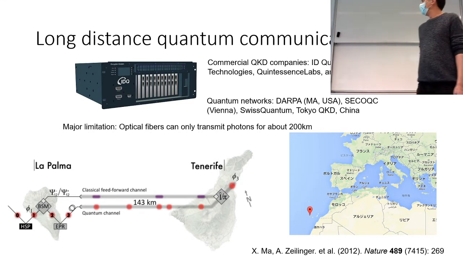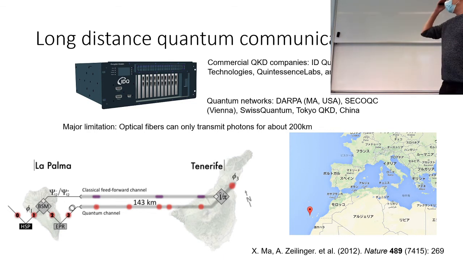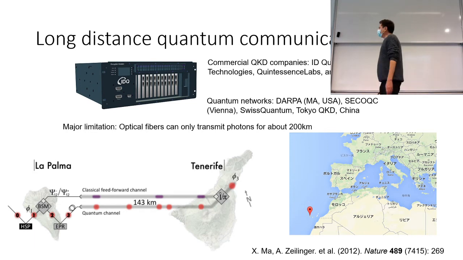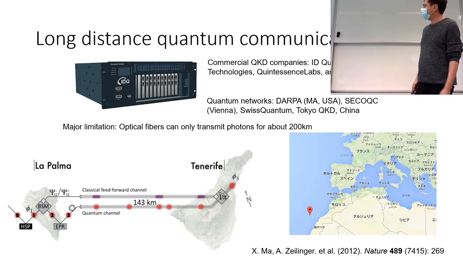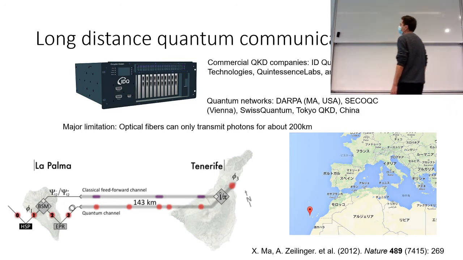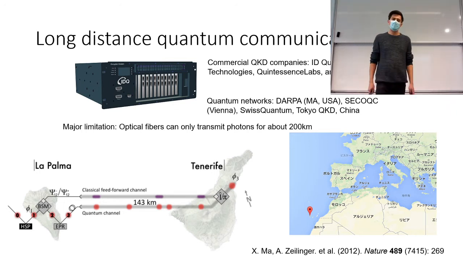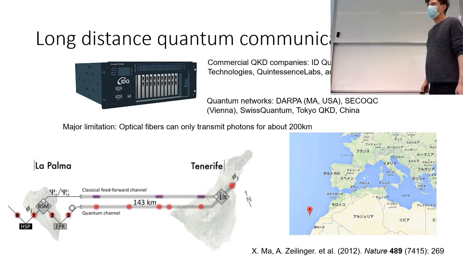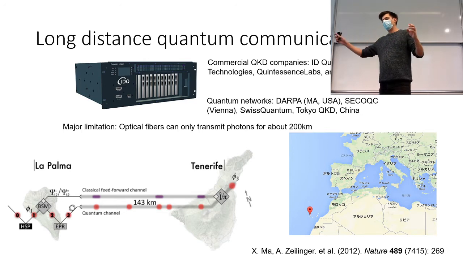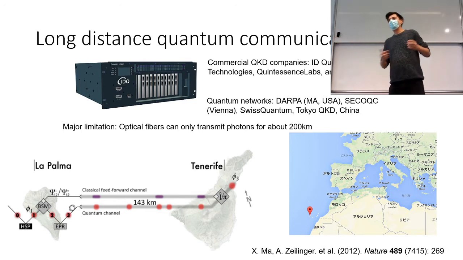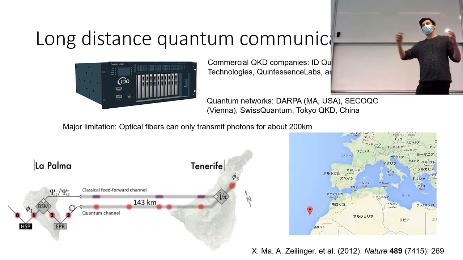I just want to highlight a few of the flashier experiments that have been done in this field. So one topic that is really taking off in the last few years is quantum communication. So what does quantum communication mean? It basically means that you are communicating, but you have some kind of quantum mechanical communication between two